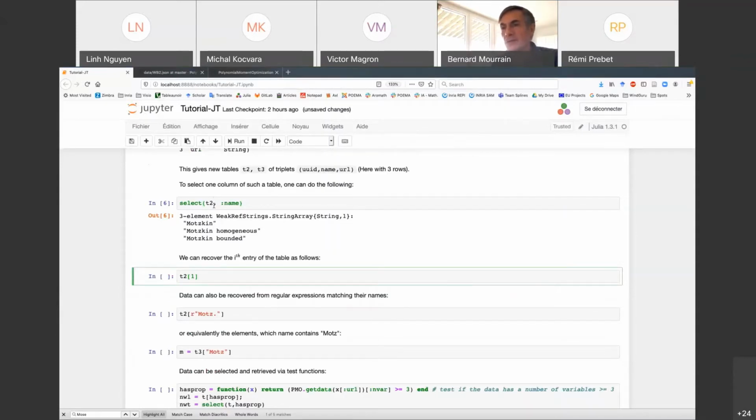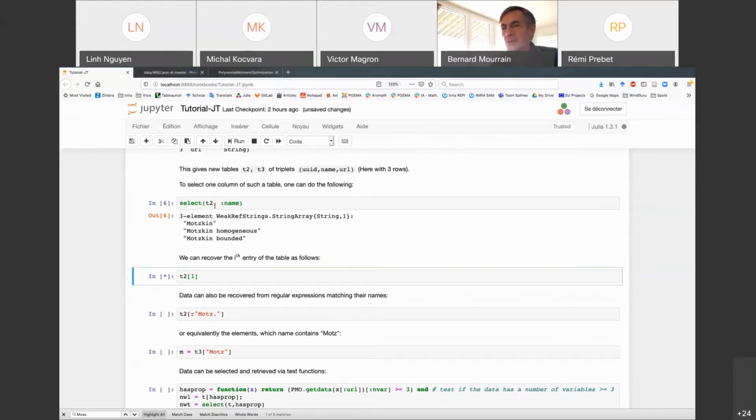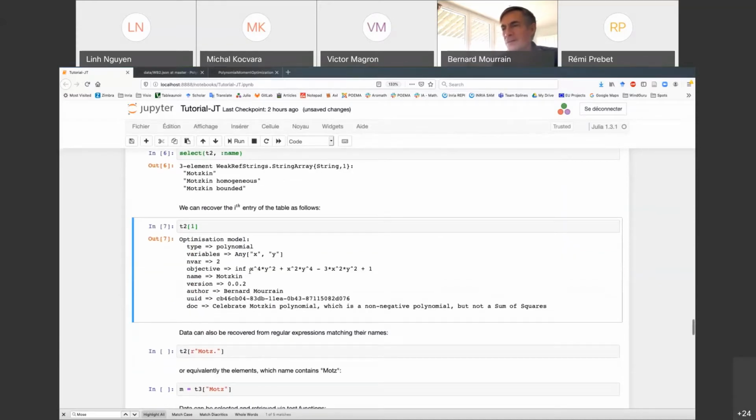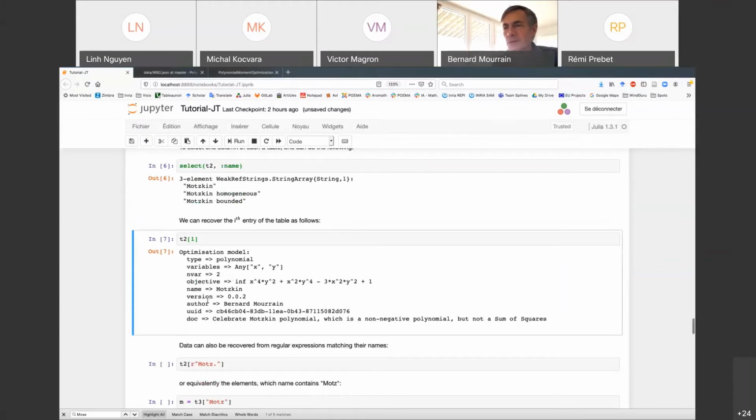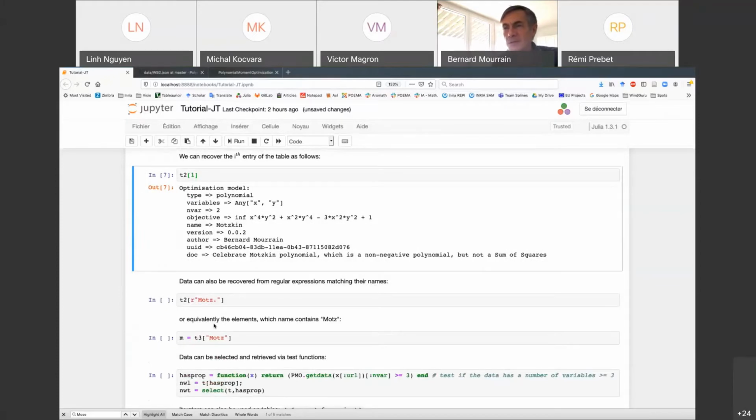Here we want to take the first entry, modskin, and this will be the polynomial problem, which has this objective function and no constraint. It also has a name, modskin, that's the one here, some version number, some author, some ID, and some documentation to explain the characteristics of the problem.